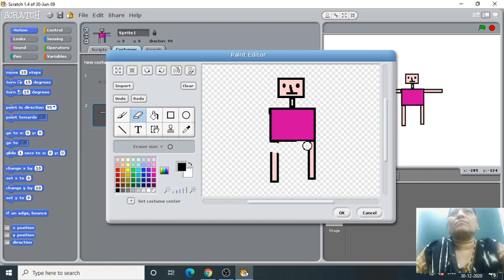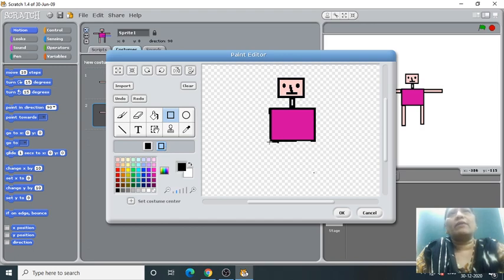Like that I will rub the legs also. Now again I will draw. I click on this rectangle tool and draw legs. Sorry, I will undo this rectangle.